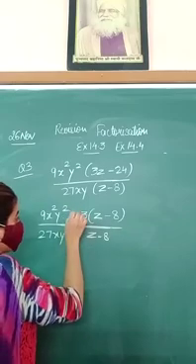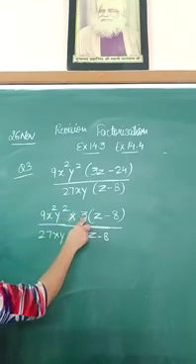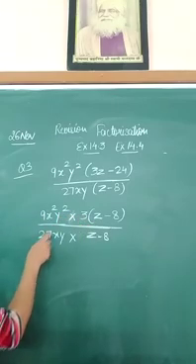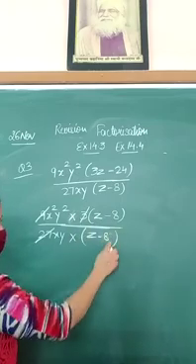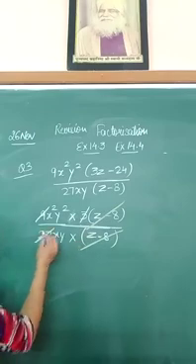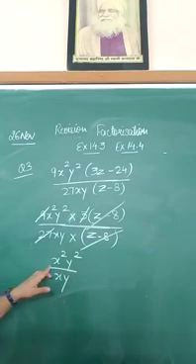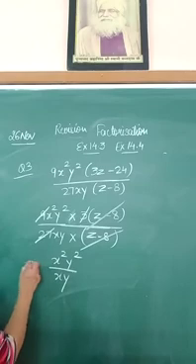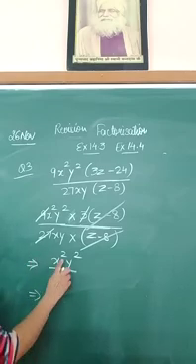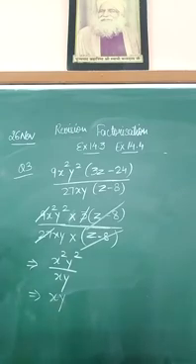So let's put a multiplication sign here. Now, as you can see, 9 threes are 27 and in the denominator we also have 27. So these terms will cancel out. And these two terms are exactly the same inside the bracket, so they will cancel out. The remaining terms are x square y square upon xy. Now x square and this is your x. So if you cancel out one x, you are left with only x in the numerator, and after cancelling y you are left with y. So this is your answer. We are getting xy as your answer.